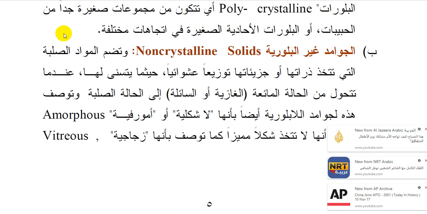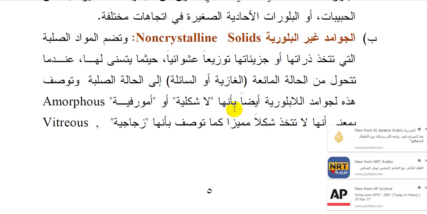Thus polycrystalline means groups of granules or single crystals in a variety of different orientations. B, the amorphous solids, comprises the entire solids in which their atoms or molecules are distributed as you can see right in front of you, when the liquid material converts from the fluid case, the aerosols, or even the liquid phase into the solid phase. The amorphous solids will also be noted as the non-crystalline or the amorphous materials,